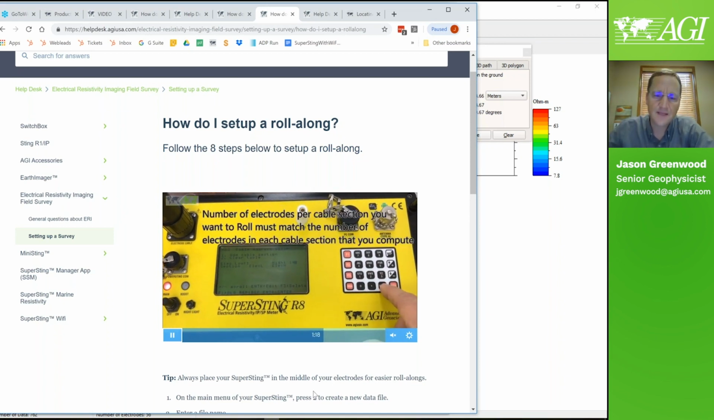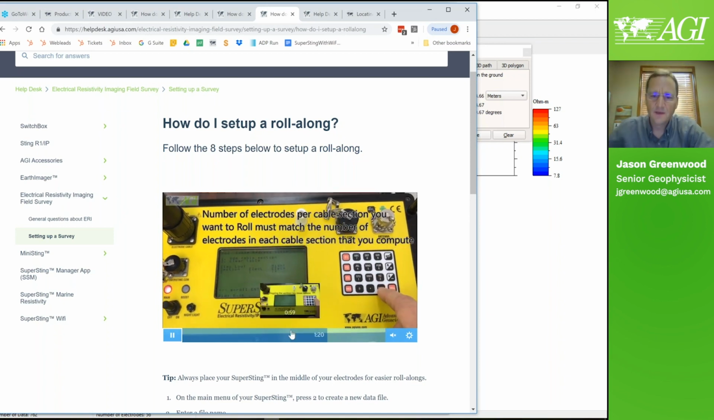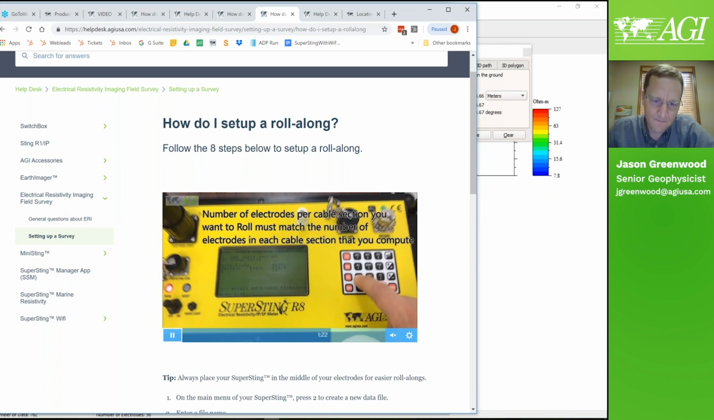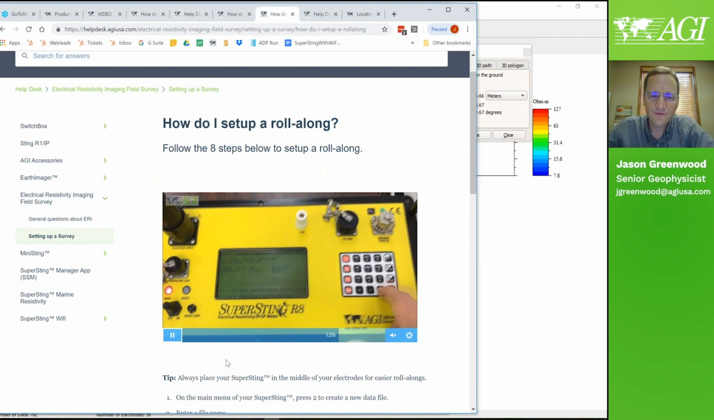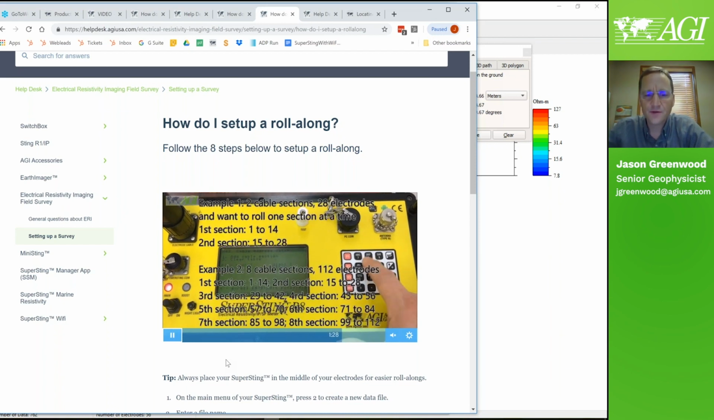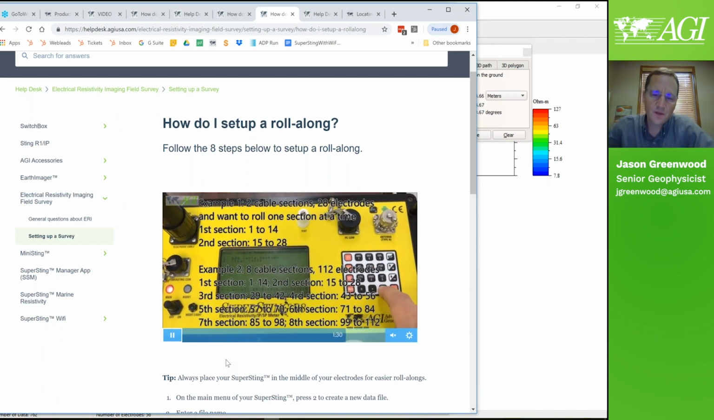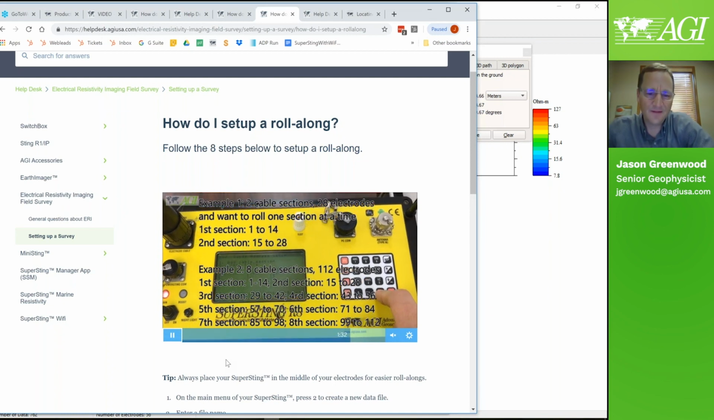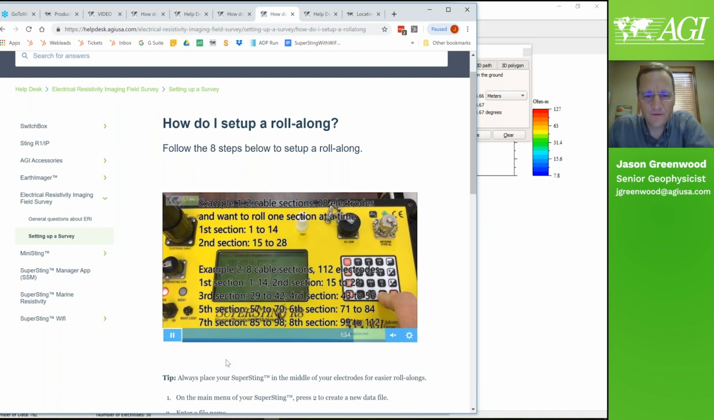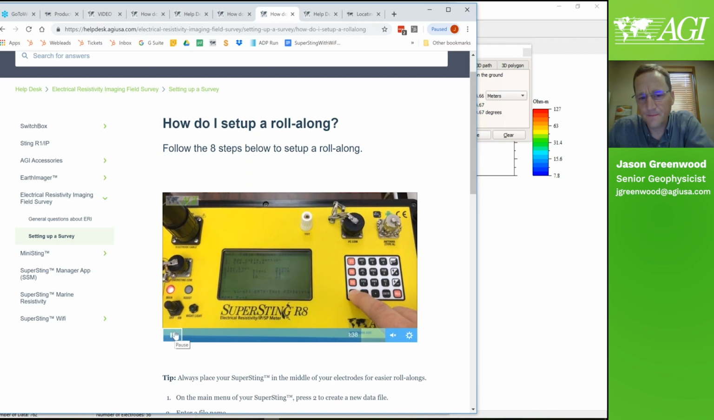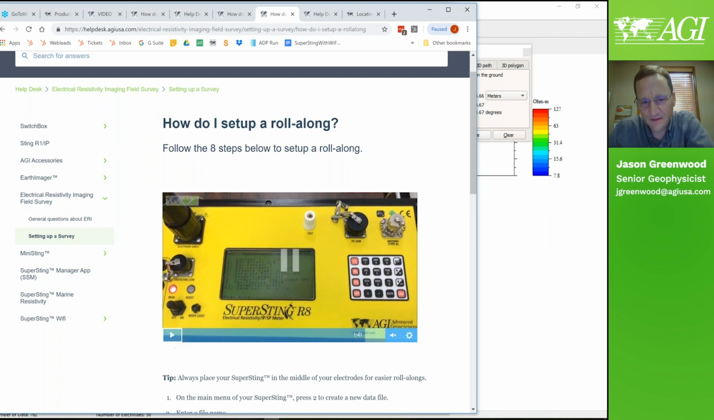Here he's entering it in 14s because he's going to do 25% roll along. That's a lot more keying. You don't have to enter your smallest cable section. And this gets into roll along, but for non-roll along, you don't need all of that. This is factory defaults, and